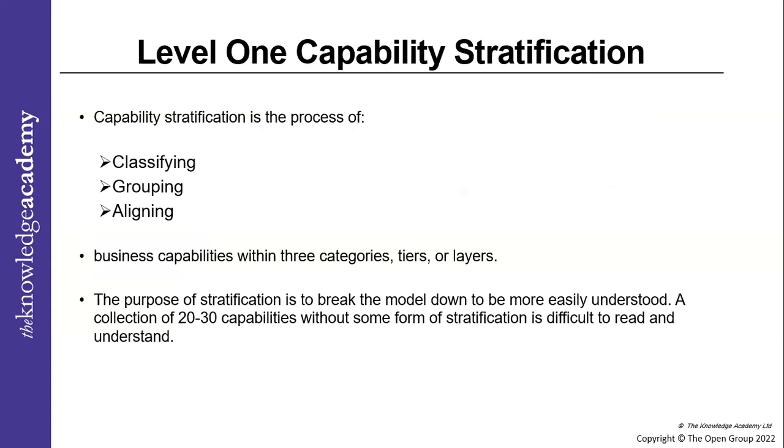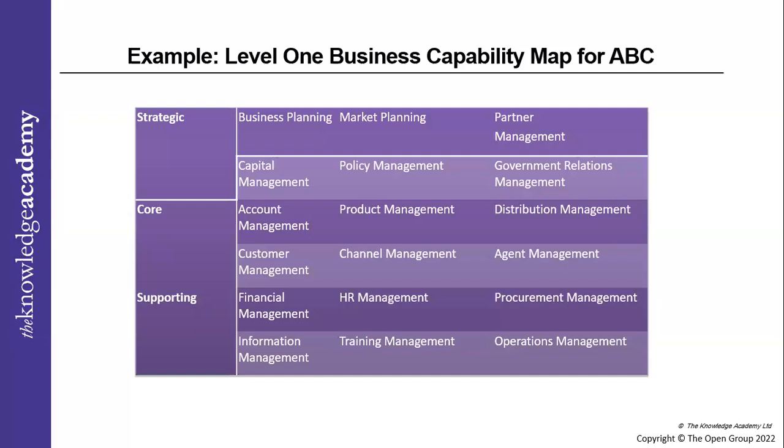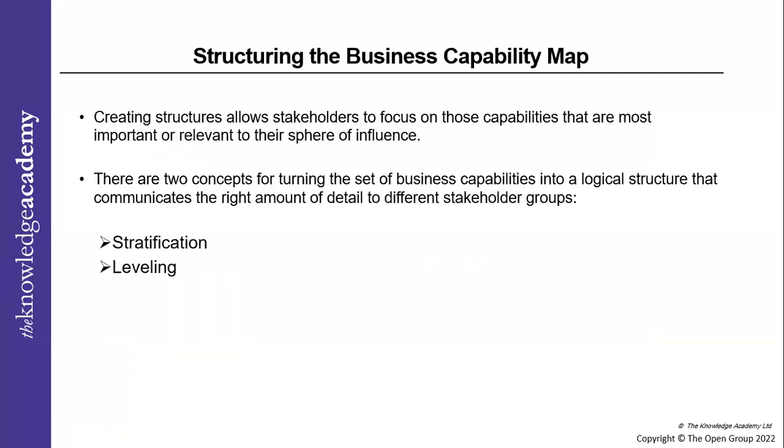So you have a capability map for our ABC company, all the different things we do. When I say stratification, it will be something like this. The process is called stratification: putting content or information into order, classifying it, grouping it, and aligning it. Correct? And the second one, what is the second one there?